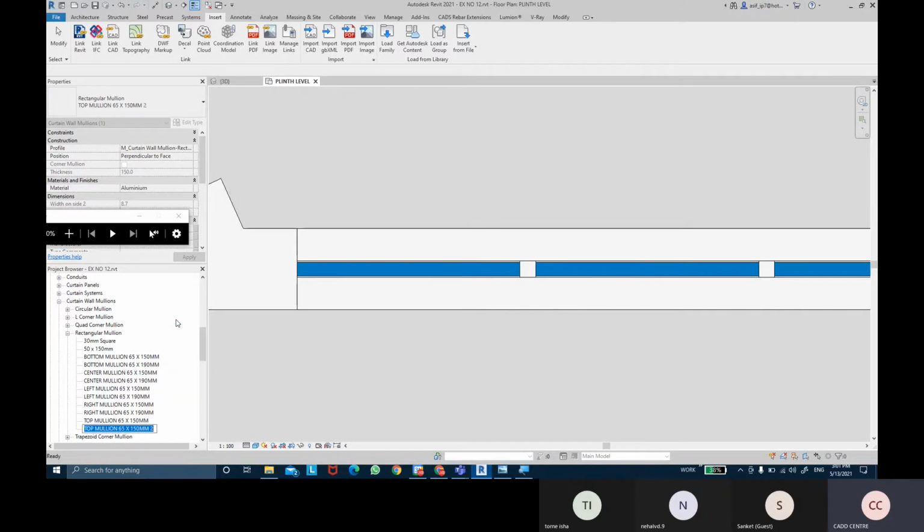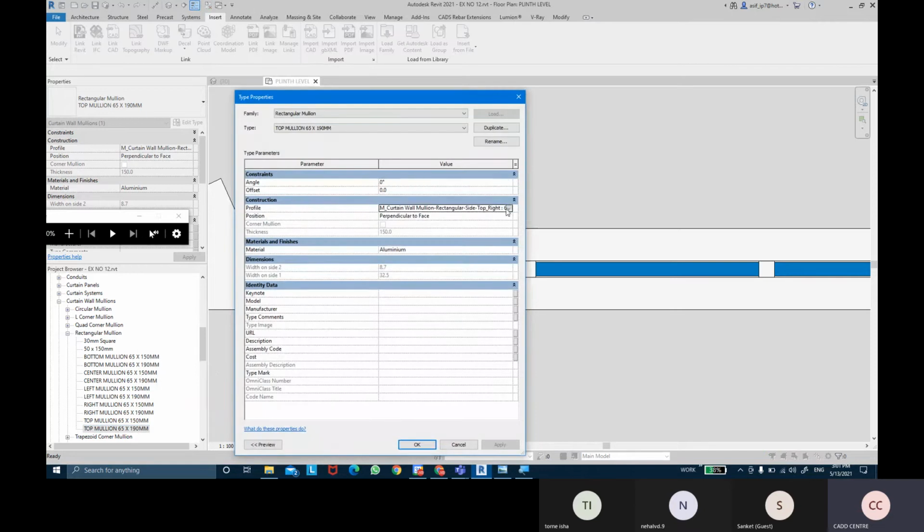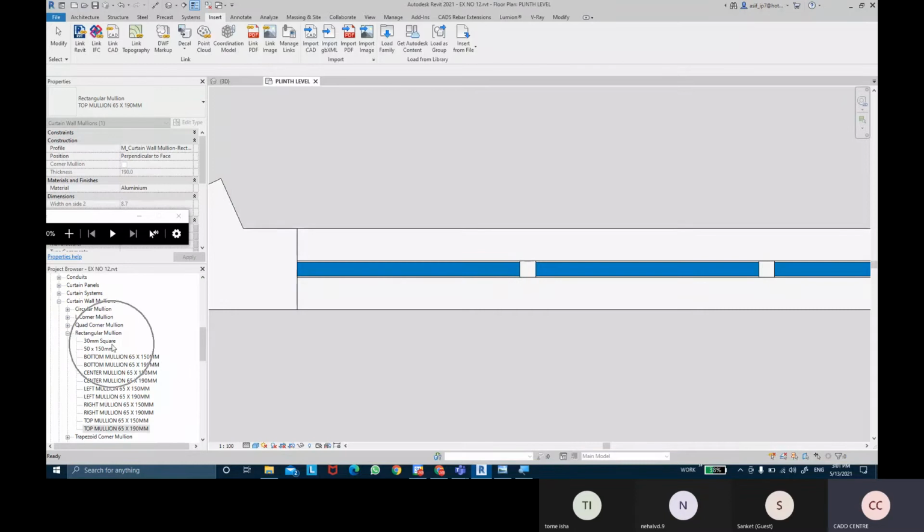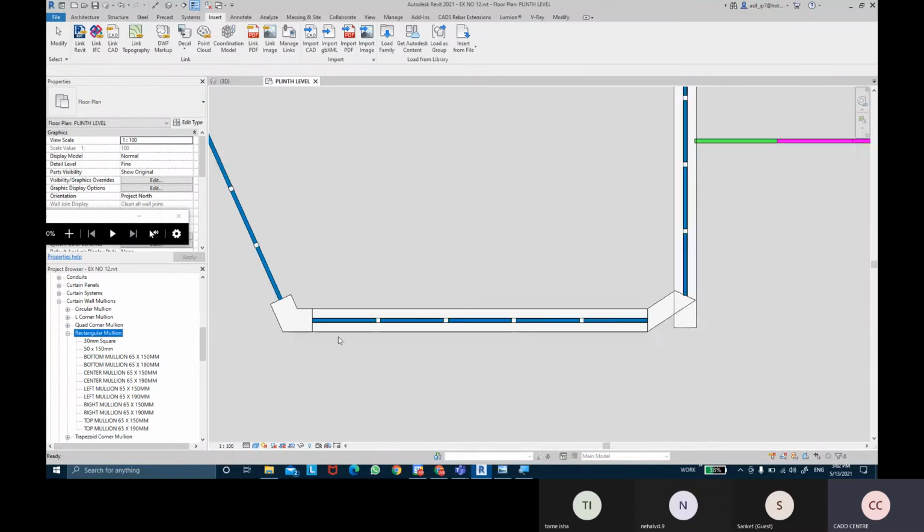Again, coming to duplicate it, name this as 191. Is an option.